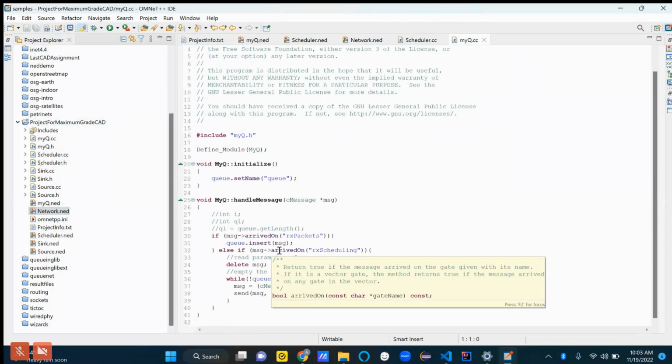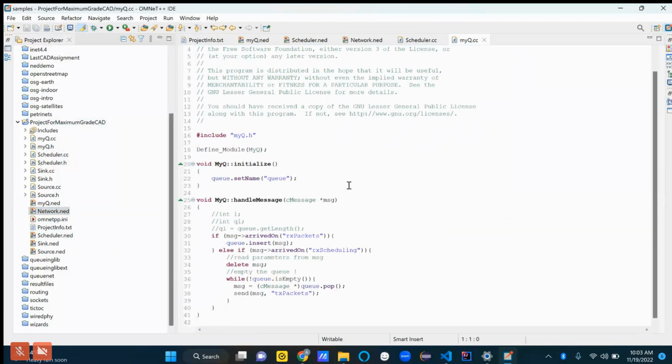Basically what it's saying is if we have a message and it arrived on this channel RX packets, right? We were saying we weren't really sure what that was. Apparently somebody is sending us messages on RX packets. And what we're going to do when we get a message on this RX packets channel is put it into our queue.